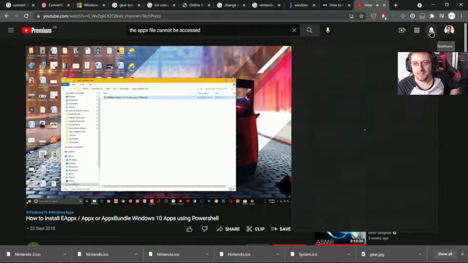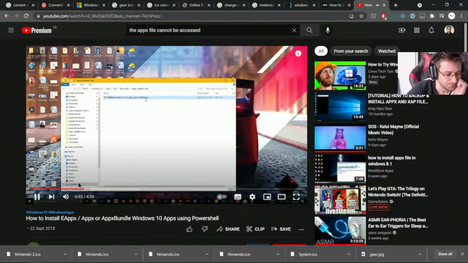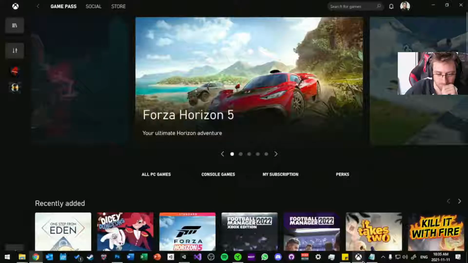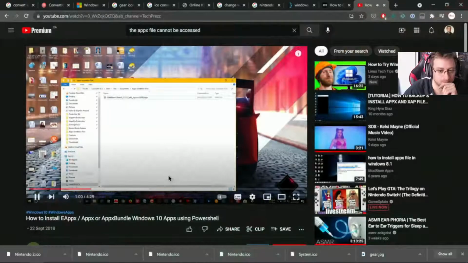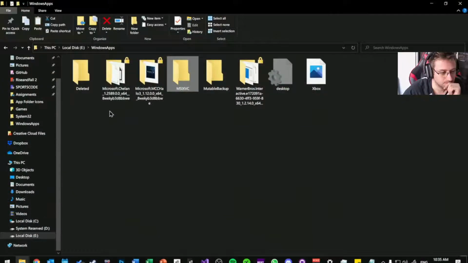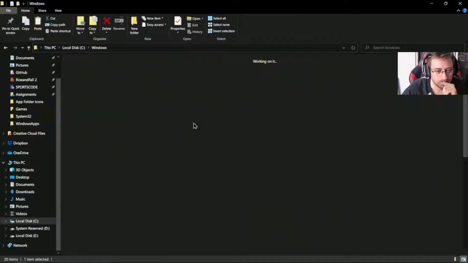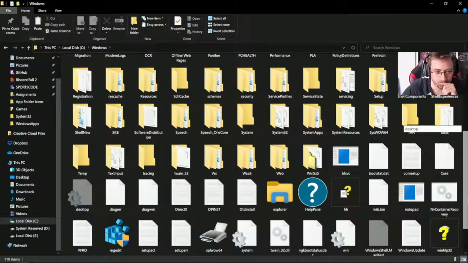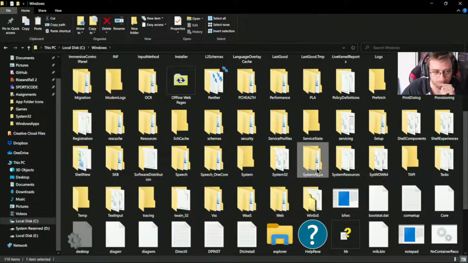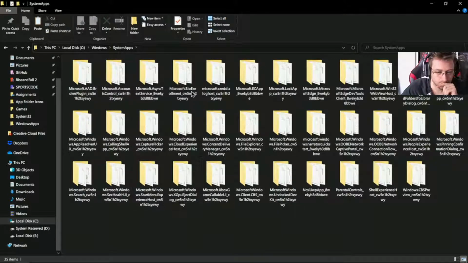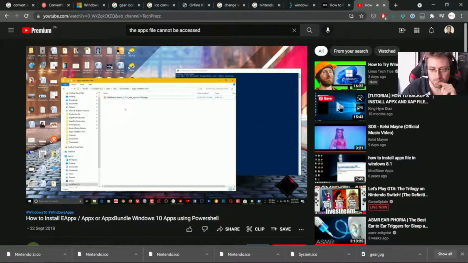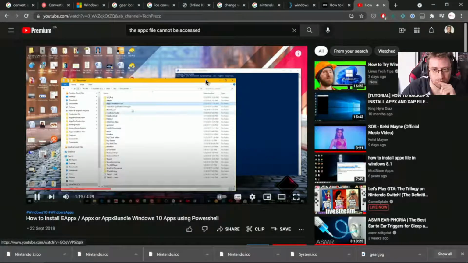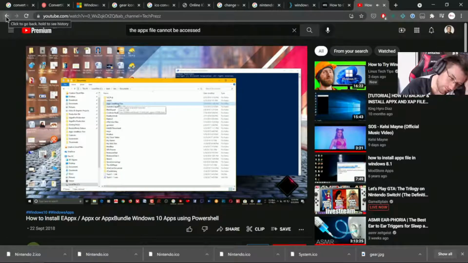Whatever, maybe EAPPX or APPX. If it's an EAPPX file, you can actually double click. In that case, you will have to use PowerShell. Maybe in the near future, Microsoft may add this feature. Anyway, so just what you needed to do is just right click on the start menu and click this Windows PowerShell, then as an admin, and you have this PowerShell here. So here you can see that it's better to keep this file in the C drive so you don't get any error, and also make sure, you know, if you keep it in a folder, just name